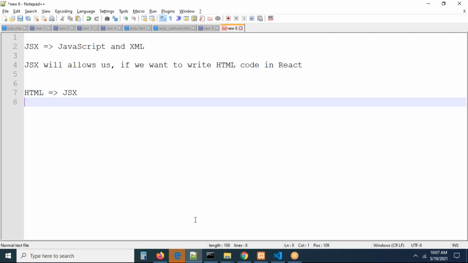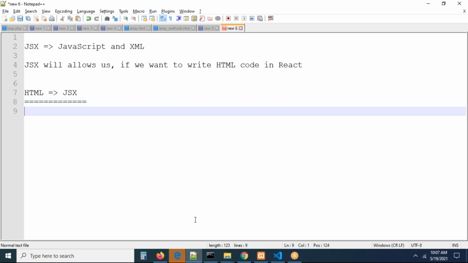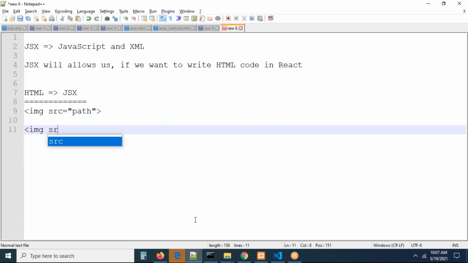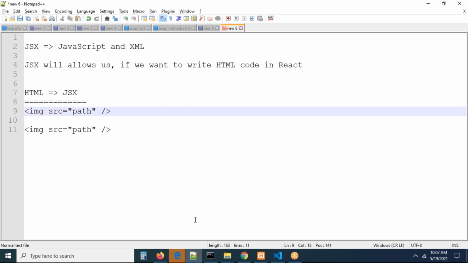But remember carefully, in JSX we have strict rules and regulations, guys. Please be careful. Generally, in HTML we can create an IMG SRC element like this, with an image path, and it works fine. In React.js, the path must be mentioned and it should have a closing tag properly. In HTML we need not provide a closing tag, it works automatically, but in React that won't work.